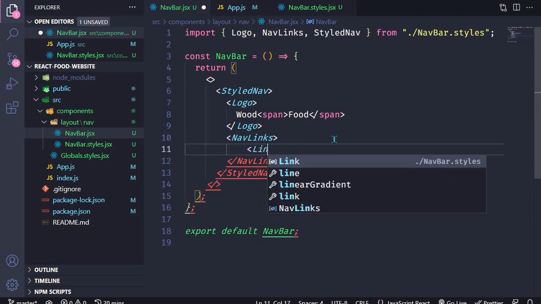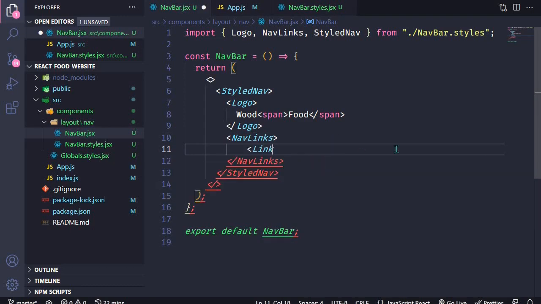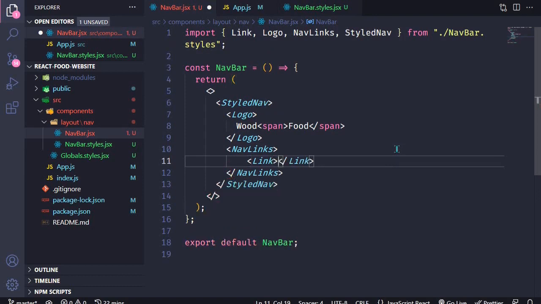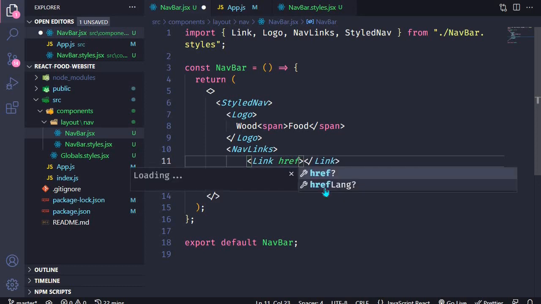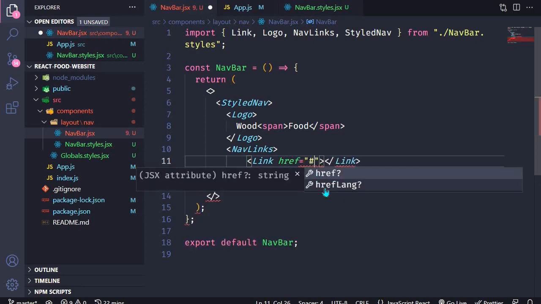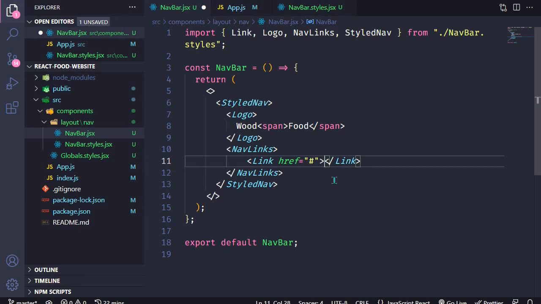So we can have a link and I can auto import it like that. And this link will be able to accept a href. So right here, you can have all the attributes for a link. So I'll have href and I'll direct it to hash. So it's not going anywhere. It's just a placeholder. And I can call this one all menus,